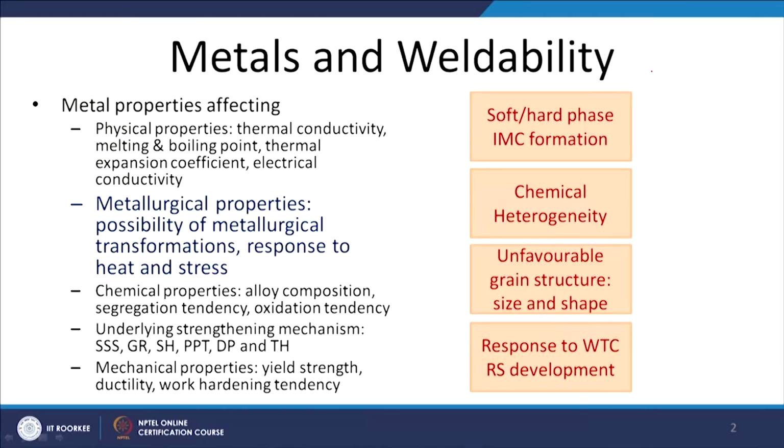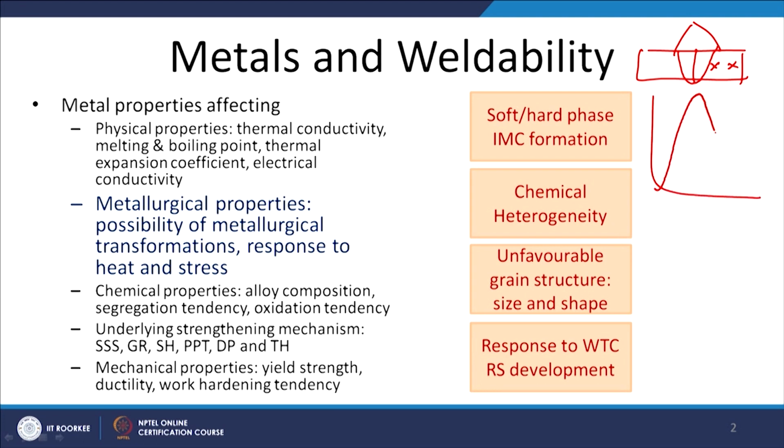Further, all the metal systems do not respond in an equal way to the heat being applied during welding. Like say whenever heat is applied for melting the faying surfaces through an external heat source like an arc or laser, the fusion is realized. The zones near the fusion boundary will be experiencing high temperature at a very high rate, and then that temperature will be decreasing. So, this variation in temperature as a function of time is known as the weld thermal cycle.